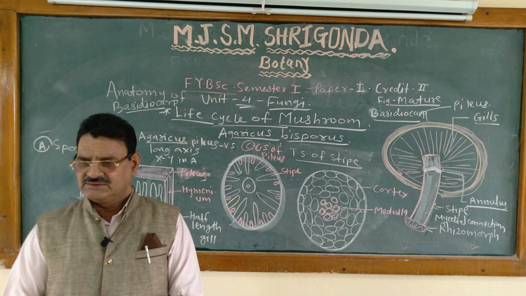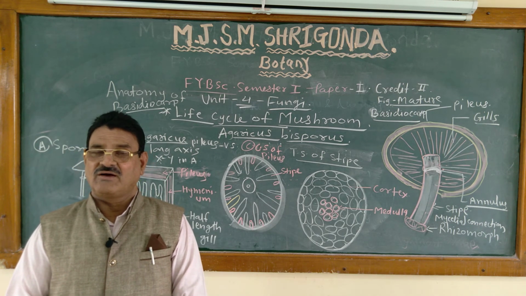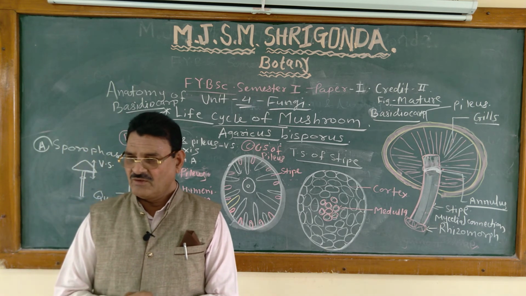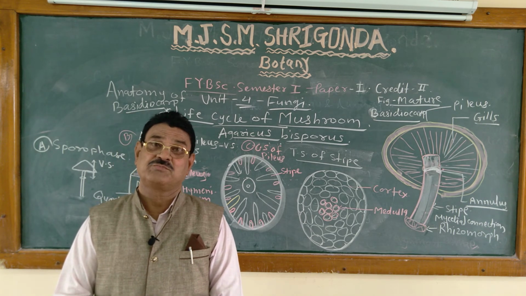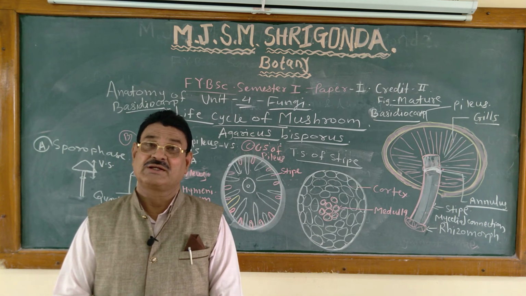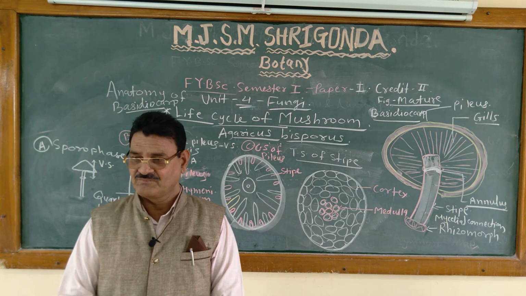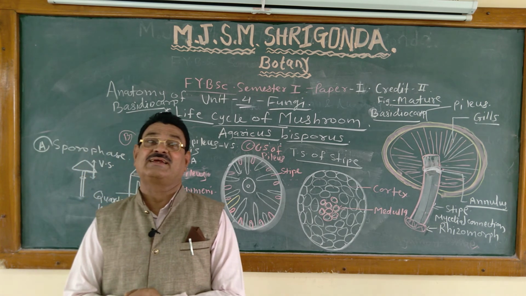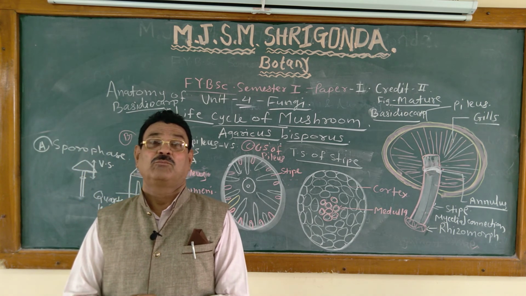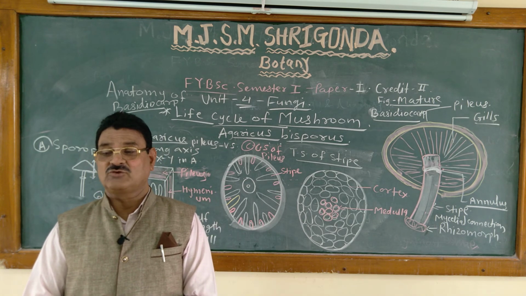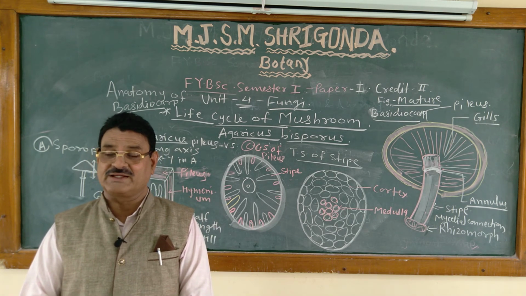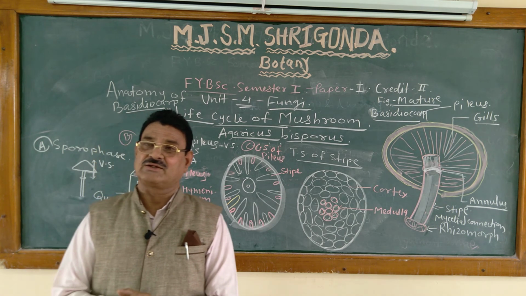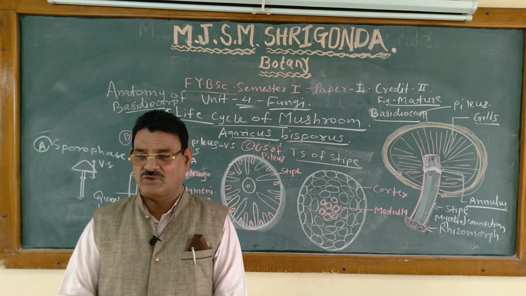It becomes larger, up to one fifth of the size of the spore. This drop is called Buller's drop. That is the discharge or dispersal of basidiospores by the water drop mechanism or water bubble method. The water bubble is formed at the top of the hilum, and this drop is called Buller's drop.